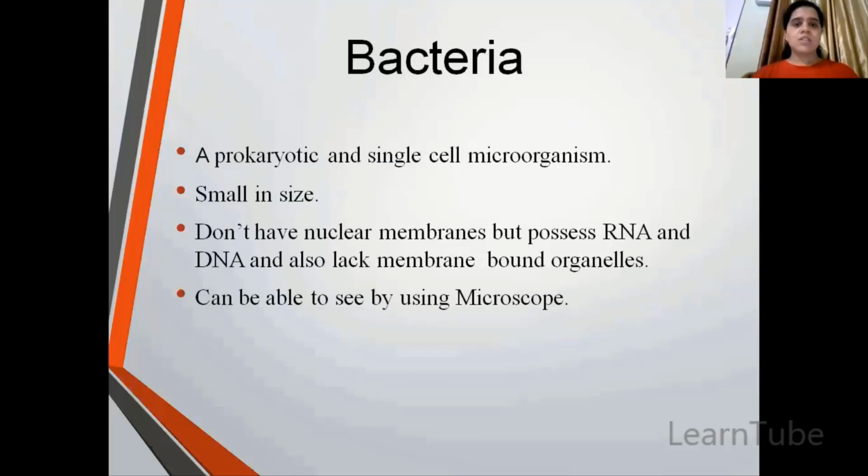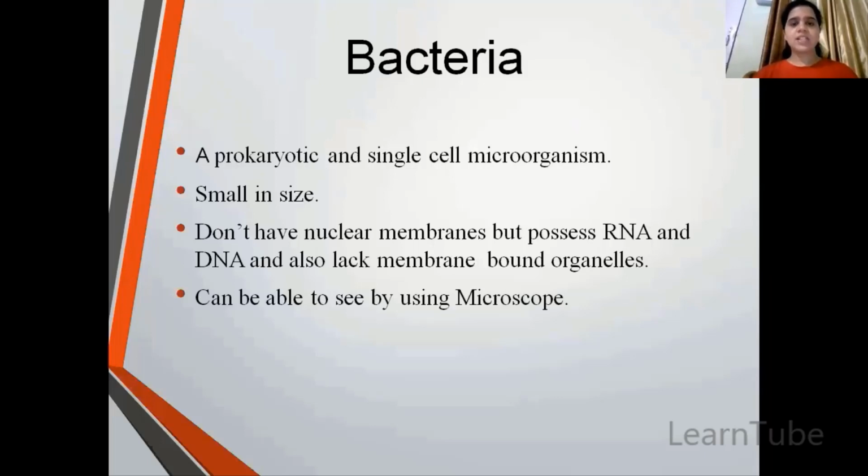So now what is this bacteria? First of all, a bacteria is a prokaryotic single cell organism. Single cell, as you all know, is unicellular, containing only one cell. And prokaryotic means it does not have a defined nucleus. I hope everyone knows the difference between prokaryotic and eukaryotic. Prokaryotes are organisms which have genetic material, but they don't have a defined nucleus. And in case of eukaryotes, they have a well-defined nucleus.